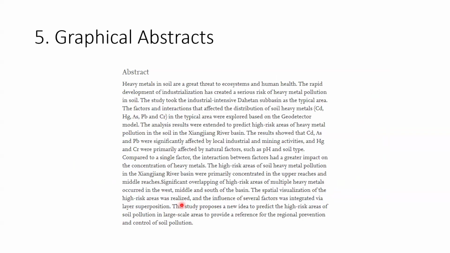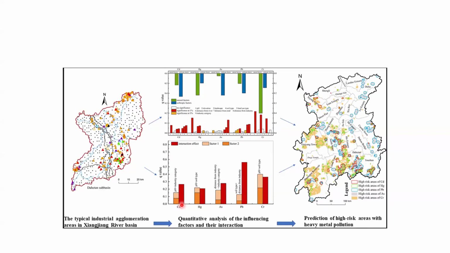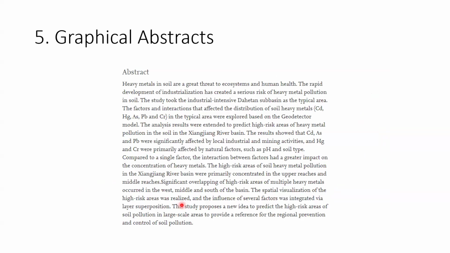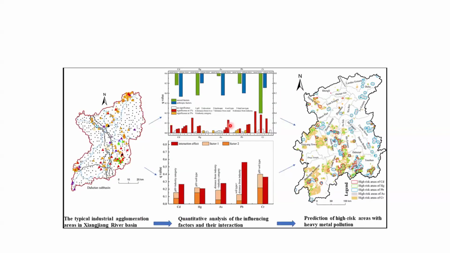Now, the things which are not visible in the text are visible in this graphical abstract. You can see the locations. Even though you say you can't remember this Zhejiang River Basin, nobody knows where it is, and this industrial intensive Dahitan sub basin, right? And where the samples have been taken. They say that they have taken so many samples here and there. When you have this graphical abstract combined together with the text abstract,